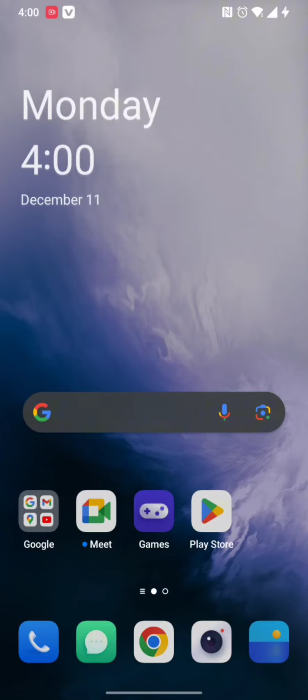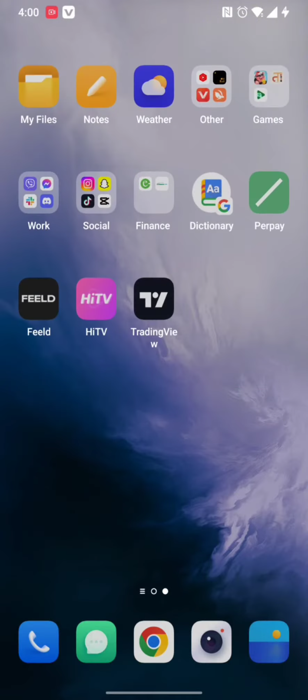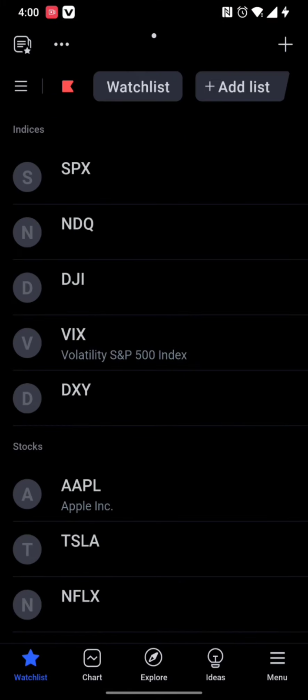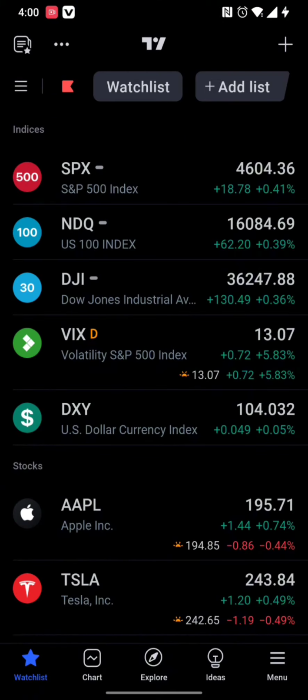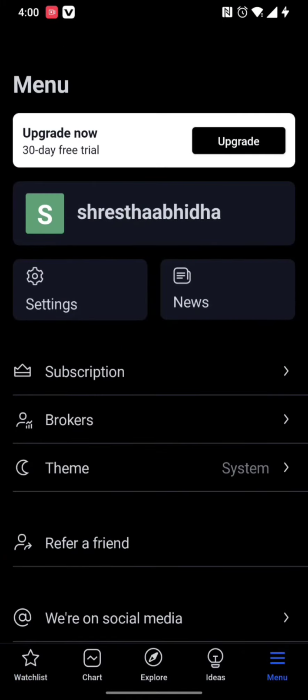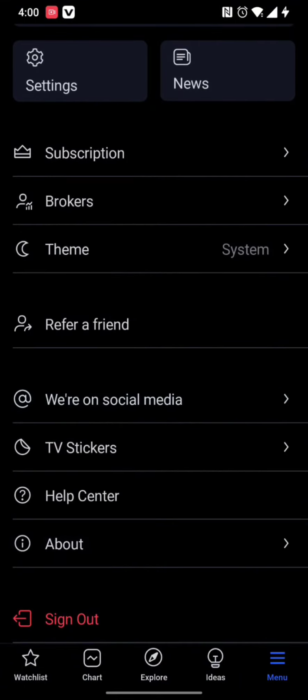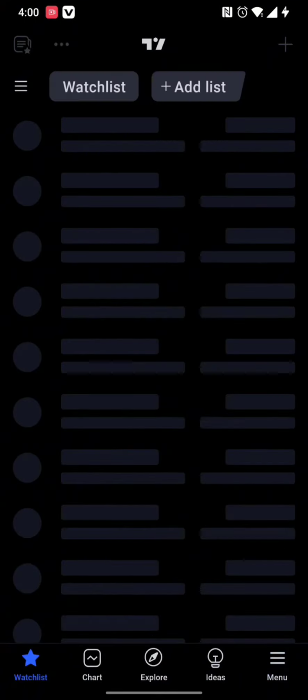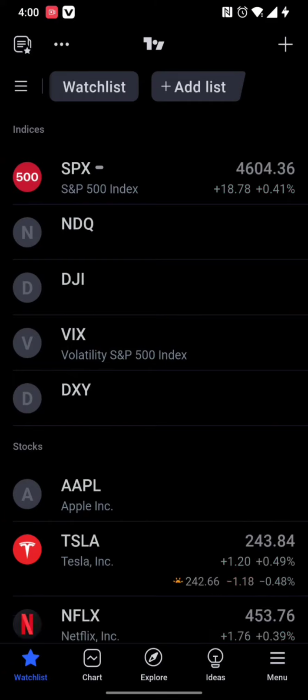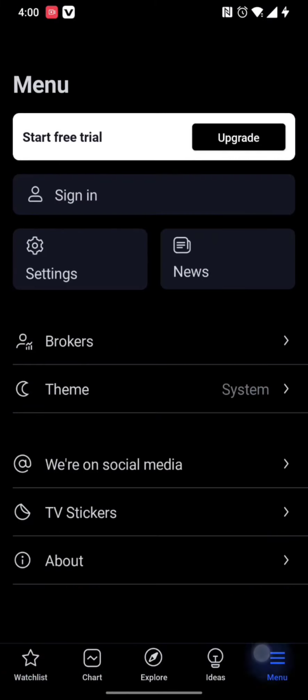So first and foremost, all you need to do is simply scroll through your homepage and tap open your TradingView app. Now once you open your TradingView app, you need to simply press on the menu option. And once you are on this page, simply scroll down to the end and press on the sign out option. So once you have pressed on it, you will get successfully logged out or signed out from your